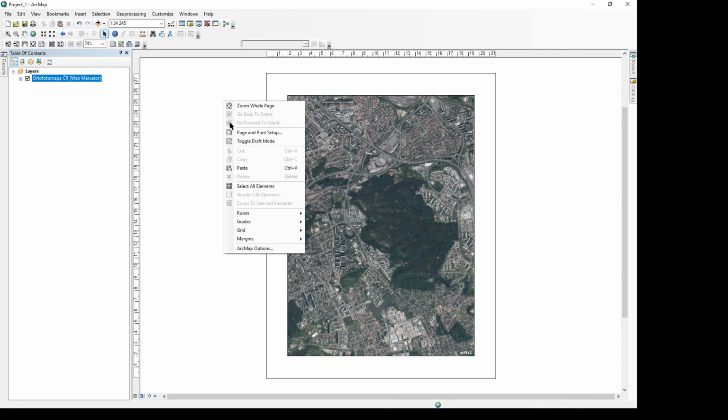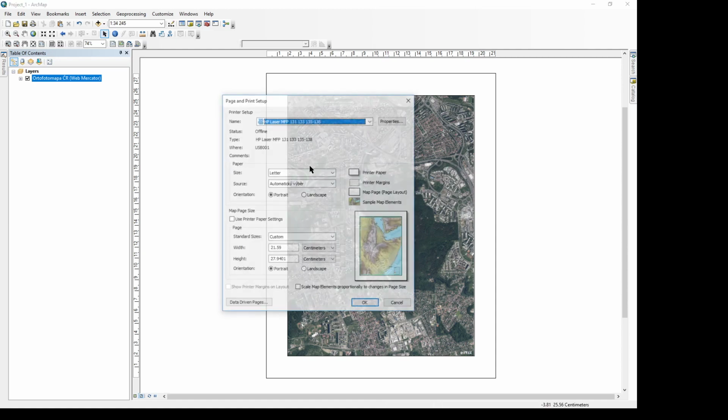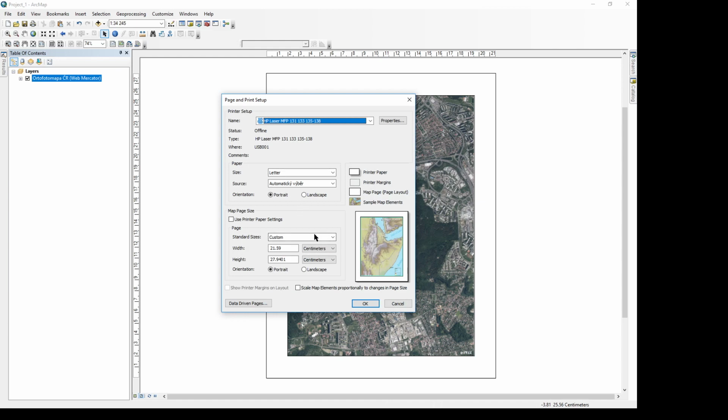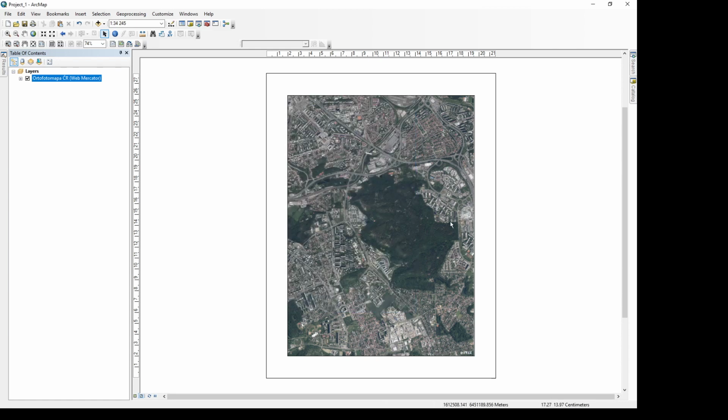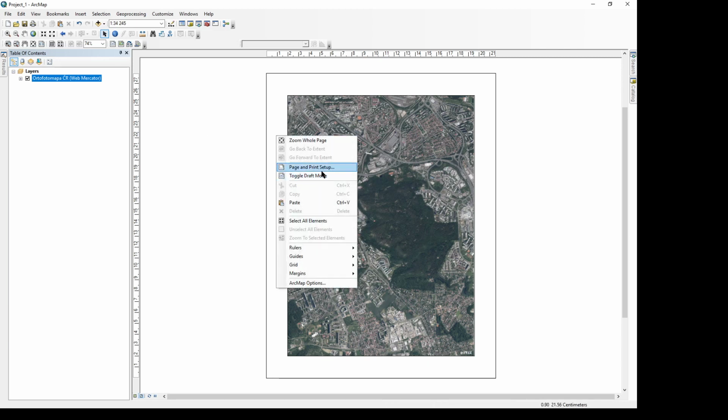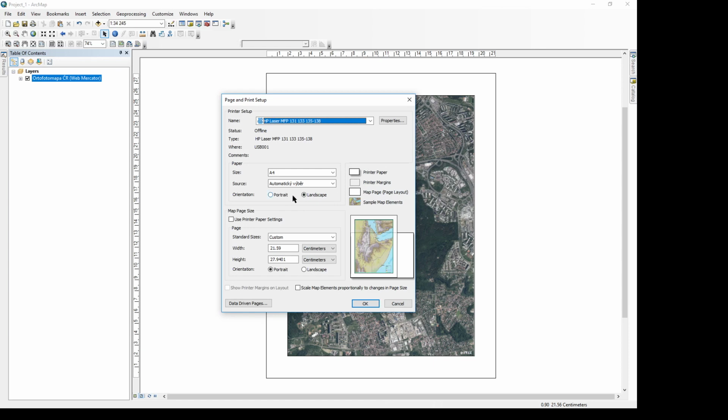Let's right click the page and choose page and print setup, and we can use a size of, for example, A4, landscape orientation,